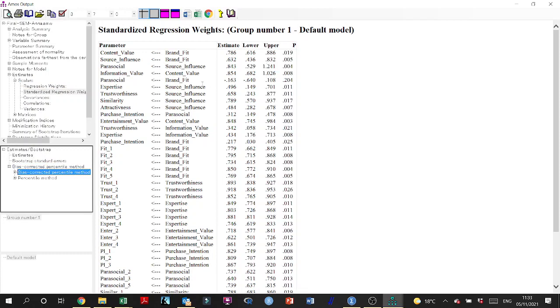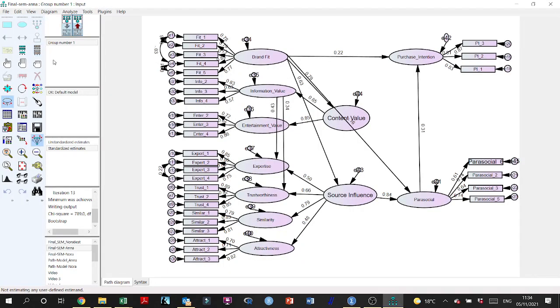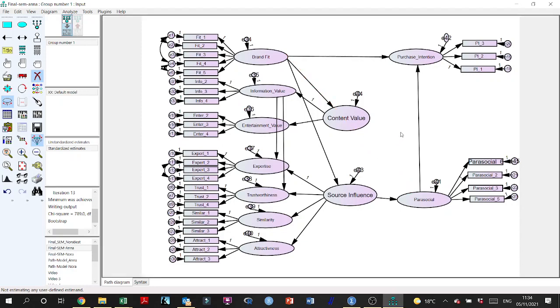Even here it's in the negative, right? The brand fit on parasocial, it's in the negative, as you can see, and it is not significant. So that's it. This is answering, stating the research questions along with the hypotheses, connecting the research main questions with